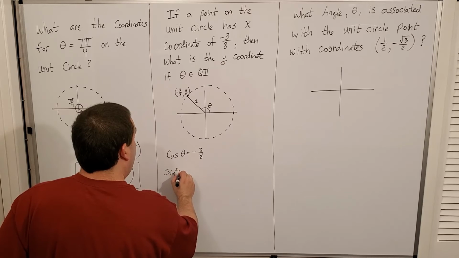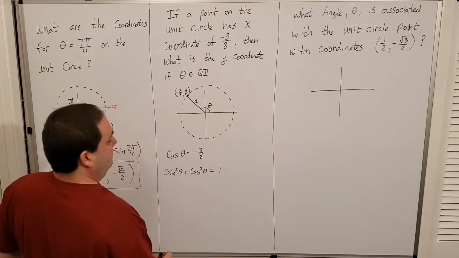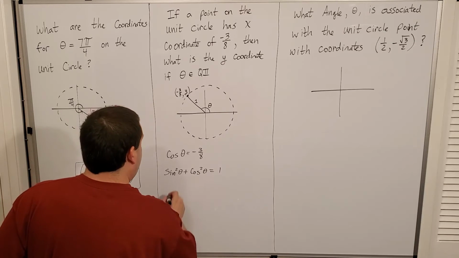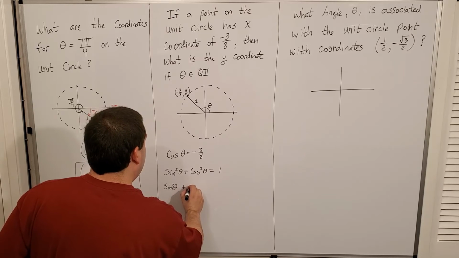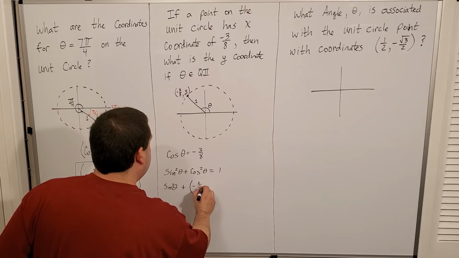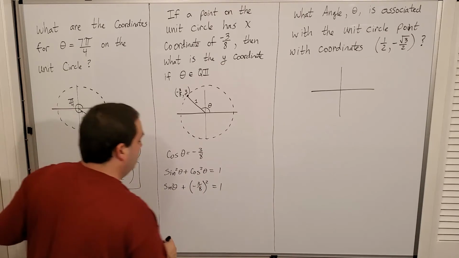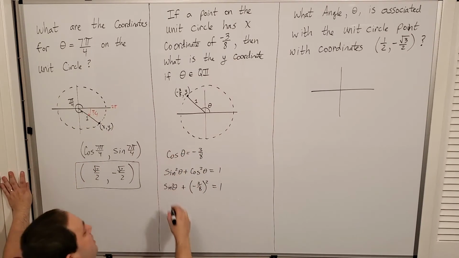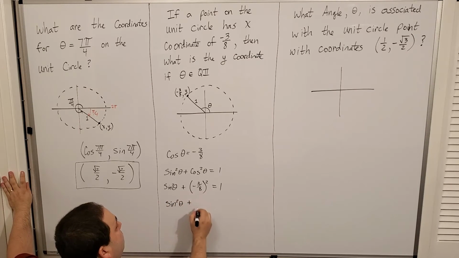Sine squared theta plus cosine squared theta is equal to 1. And I just found out that cosine theta is negative 3/8, squared in this case because of the identity. All right, so that means that sine squared theta plus